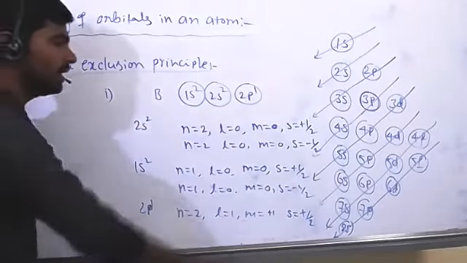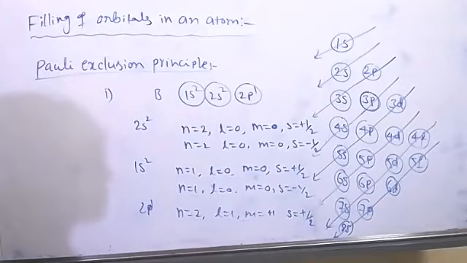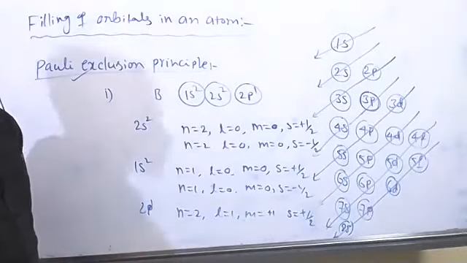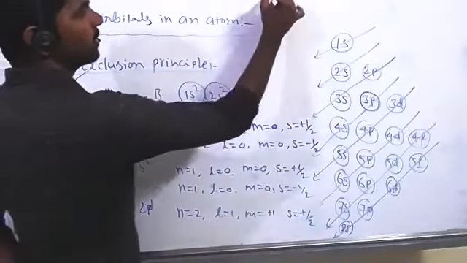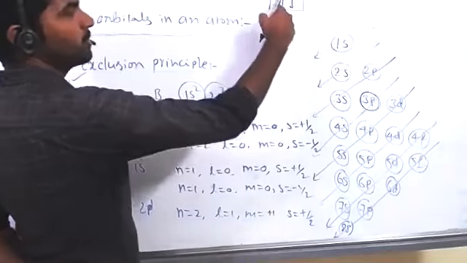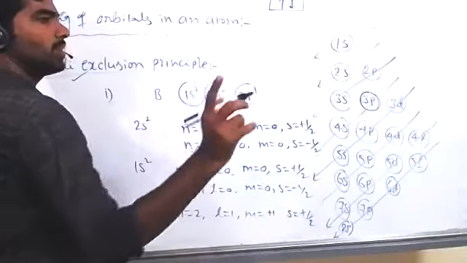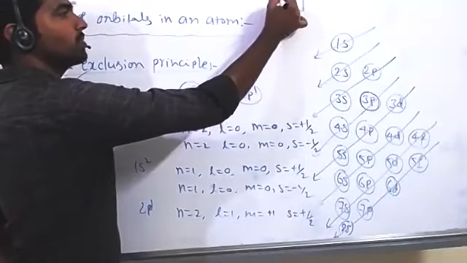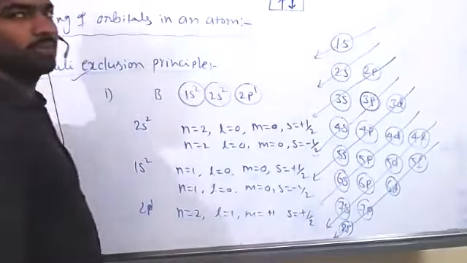Look here, are any two electrons having the same quantum numbers? It's impossible. That is one Pauli's exclusion principle. And another definition is, in each orbital, only two electrons can be accommodated, and those also have opposite spins. So I will write electrons in a box. In each box we are giving only two electrons. It means one box is one orbital. In each orbital, only two electrons can be accommodated. Those two electrons also maintain opposite spin. Suppose one is +1/2, another one is -1/2.